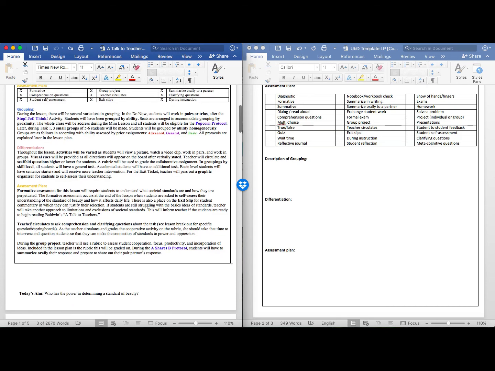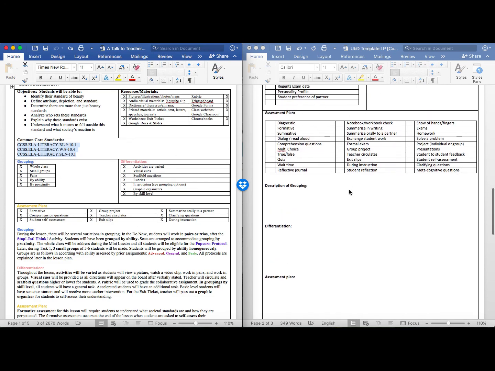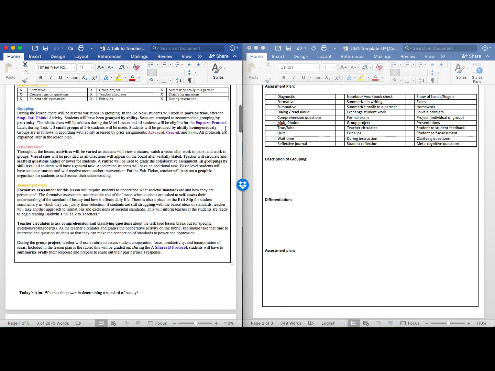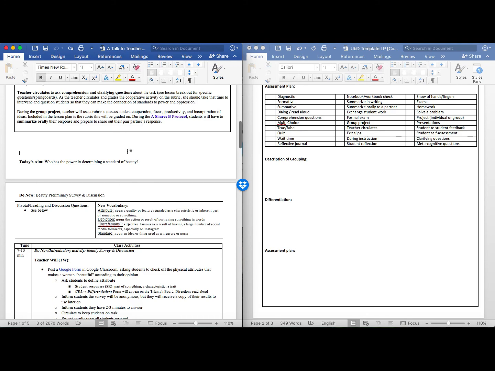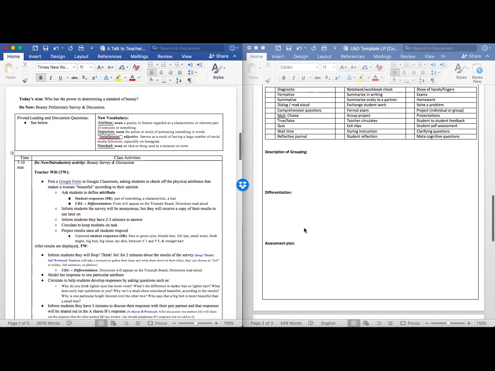Formative assessment, teacher circulates, comprehension, clarifying projects, group projects, which will be their summative assessment, it sounds like. So be specific about why you chose all of these things. This is your time. This is where you're going to explain all of that. So I'm going to move on to this page. Actually, this should go down. So as you will notice